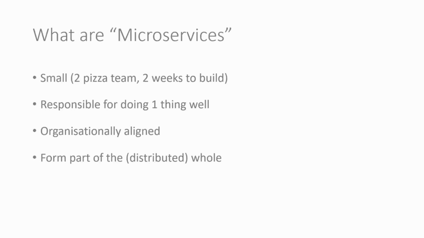This is really important. We will talk a lot about decoupling and the fact that you don't want services talking huge amounts to each other, but at the same time, paradoxically, in order for it to be a full microservices solution, the services typically form part of a distributed whole. So one service doing one thing by itself, never talking to anything else, is that a microservice? Possibly it's not. It really is a true microservice when it does form part of this larger distributed system. And again, we've already covered this: self-contained, autonomous. They are responsible for doing one thing. They can stand on their own without being too reliant on other things.